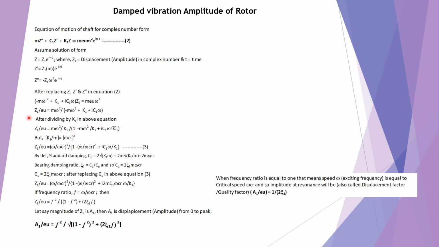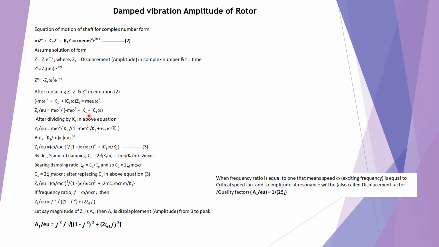So we can write z1 upon eu is equal to m omega square upon bracket start minus m omega square plus k1 plus i c1 omega bracket close. So after dividing by k1 in the above equation, we can write z1 upon eu is equal to m omega square upon k1 divided by